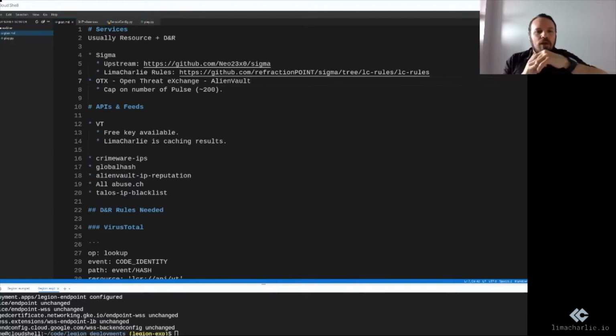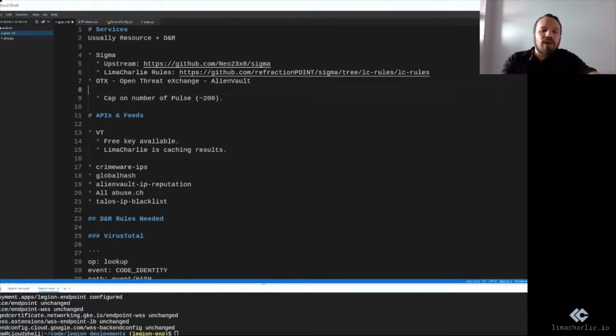In LimaCharlie, if you want to use the OTX service, the prerequisite is that you go in the integrations section and add your API key there. The API key is going to be provided by OTX. You go in integrations, add your key there, and subscribe to the OTX service. Automatically, the OTX service will use the API, find all of the pulses that you have registered to, and import those in